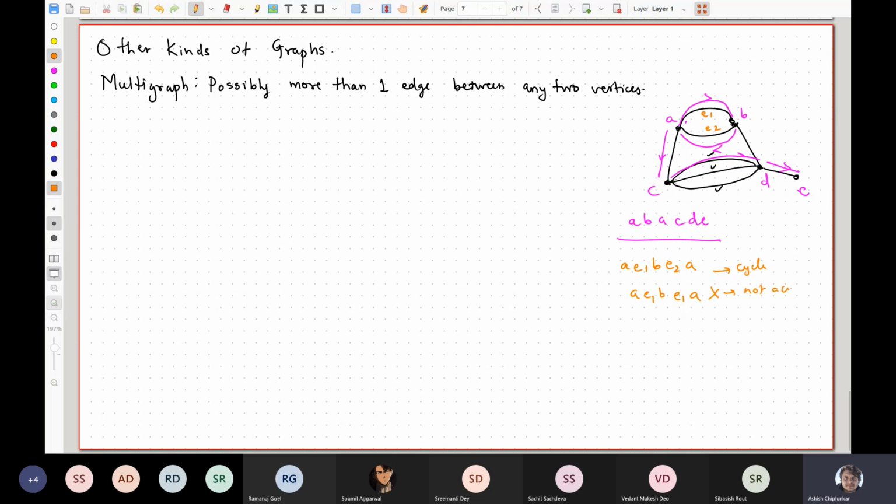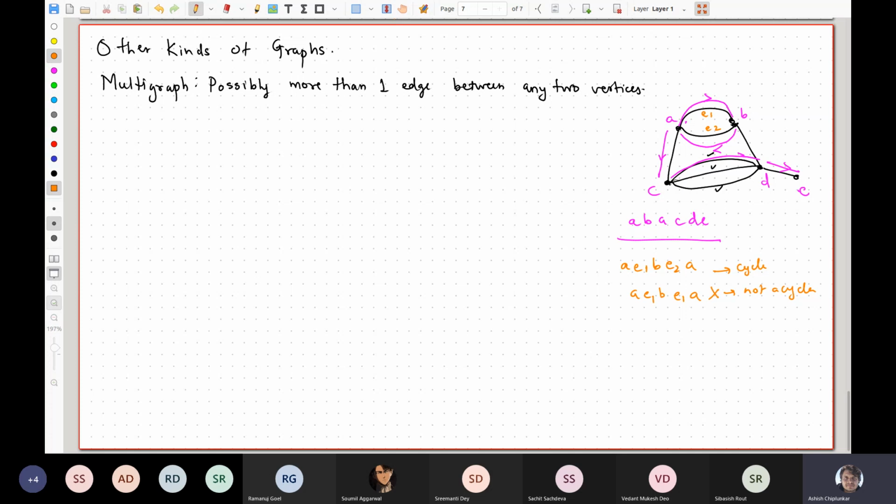So what we would want is a closed walk in which no edge repeats essentially. You could be going back and forth. Oh, sorry. No edge repeats, no vertex repeats, except for the first and the last vertex. Okay, so that is the notion of a cycle in a multigraph. Pretty much connectivity carries over, trees, spanning trees, all that stuff carries over in a natural manner. Not much of a difference over here.